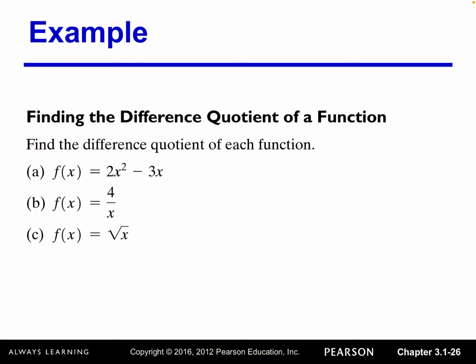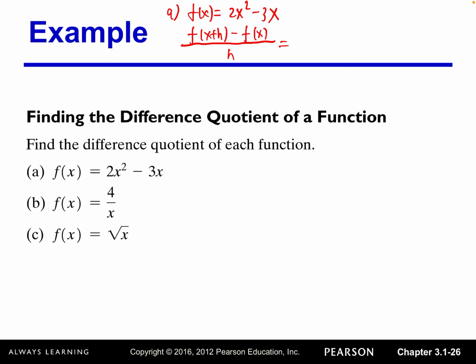So now let's look at some examples. How can we find the difference quotient of a function? We have 3 examples here, and we're going to do them one by one. Let's look at A. f of x equals 2x squared minus 3x. We would like to find f of x plus h minus f of x, and then divided by